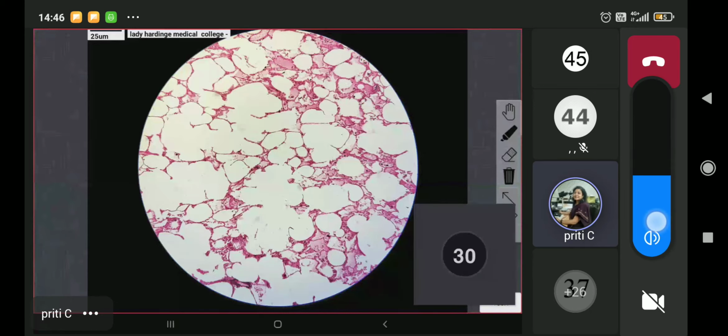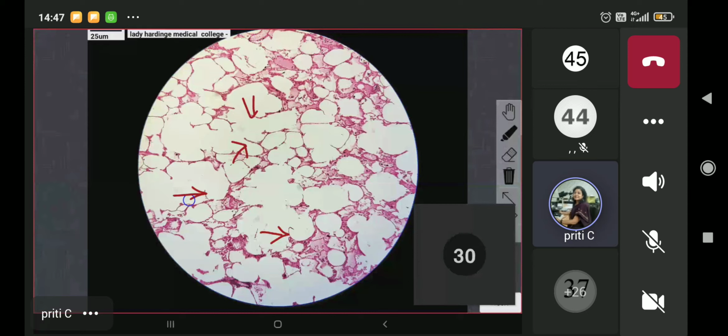Many of them are dilated, and they have assumed a more rounded shape instead of being polygonal. Normally, if you see pictures of lung parenchyma, these alveolar spaces have a honeycomb appearance and the air spaces are polygonal in shape. But here they have assumed a rounded shape and they are dilated. And many of them are showing you broken septae. I've marked with arrows. These are broken, just hanging like that.